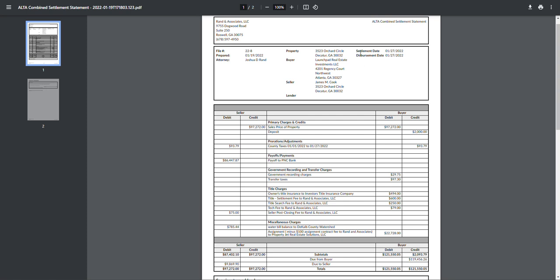Settlement date is basically the closing date. Disbursement date is basically the date that the funds were dispersed, which is usually the same. Then you have this section here, which is going to be divided into three different sections. So you have the seller section over here. Then you have the middle section, which is going to be showing and identifying what charges for what are the